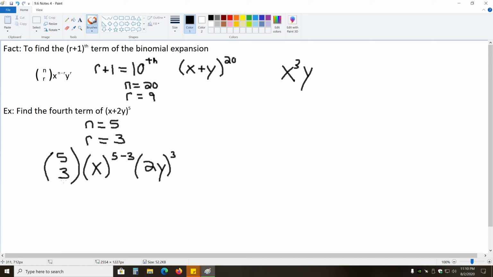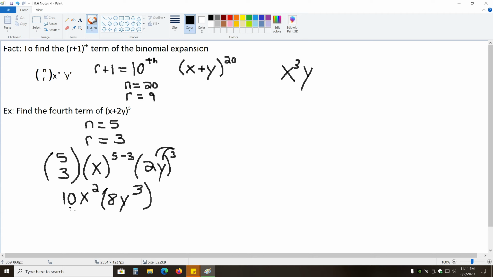So 5 choose 3, if we use our formula for that, would give us 10. Times x to the 5 minus 3 gives us times x squared. Times 2y to the third, that means 2y times 2y times 2y. Or you could distribute the cube since we're multiplying. Either way you think about it, you'll end up getting 2 times 2 times 2 is 8, and y times y times y is y cubed,